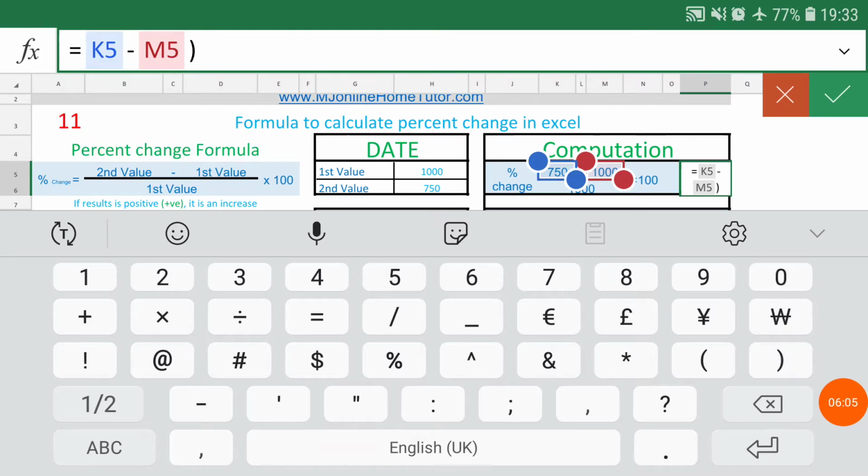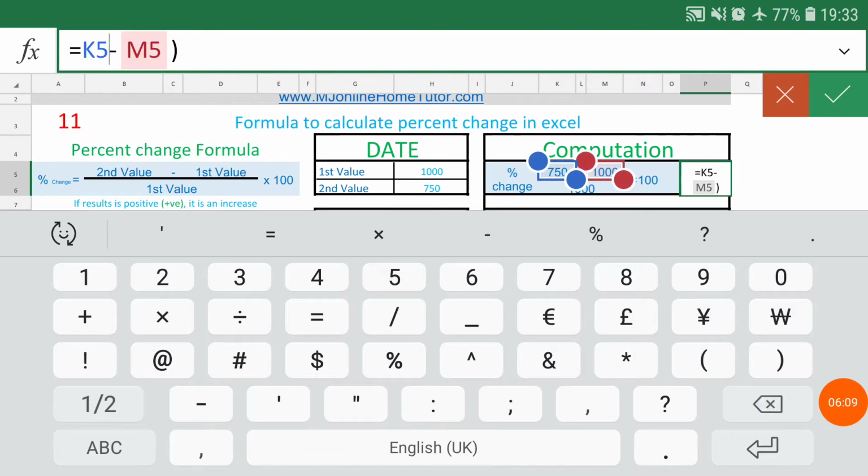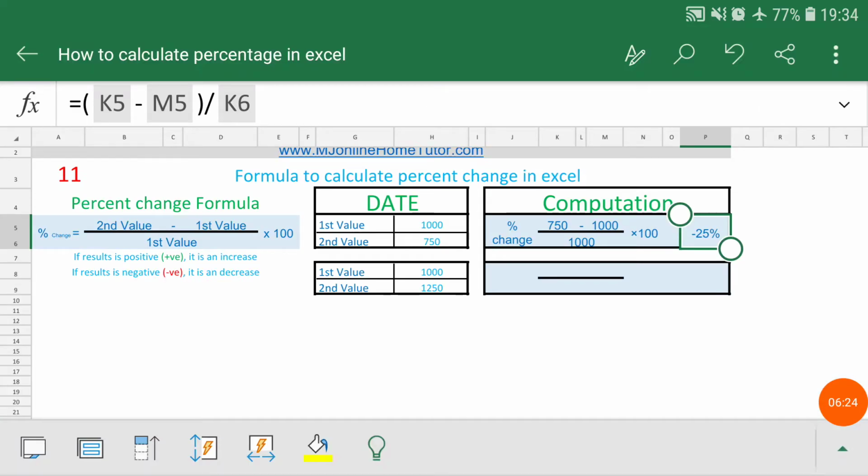So close the bracket, and then before K5 we should have an open bracket. Then we will divide by K6, which is the first value. So we get the number as a percentage.